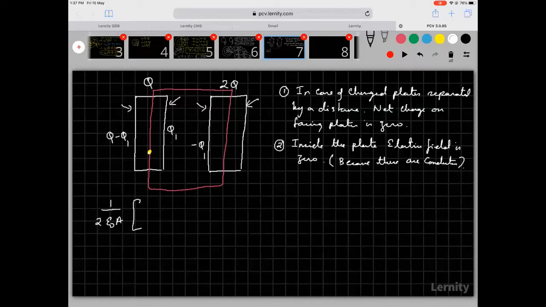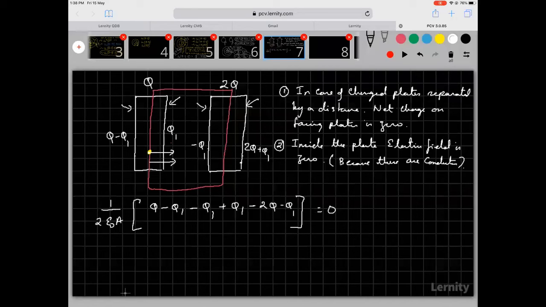Because of this, the electric field will be in this direction. So I'm assuming that to be positive. So it is not Q1, it is simply Q. Q minus Q1. Because of this Q1, it will be in the opposite direction. So minus Q1. Because of this Q1, it will be in the same direction. Plus Q1. Because of this, if it is this side it will become 2Q plus Q1. So because of this, it will push in the opposite direction. Minus 2Q minus Q1. This is equal to 0. This epsilon naught A is common to all, so I just put it there.